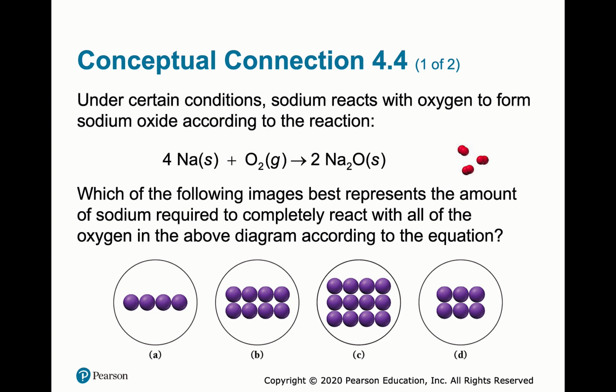Okay, so under certain conditions, let's look at this conceptual connection here. 4 sodiums plus oxygen makes 2 sodium oxides. And we have 3 molecules of oxygen. So if we have 3 molecules of oxygen, that means we have a 4 to 1 ratio, so that's going to be 4 times 3. So that means we need 12 sodiums to do that,